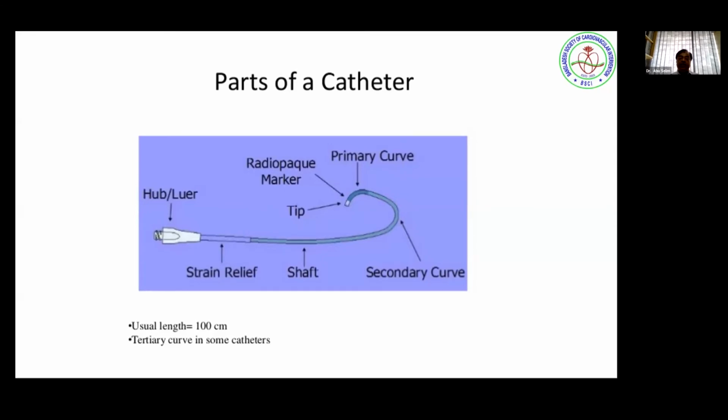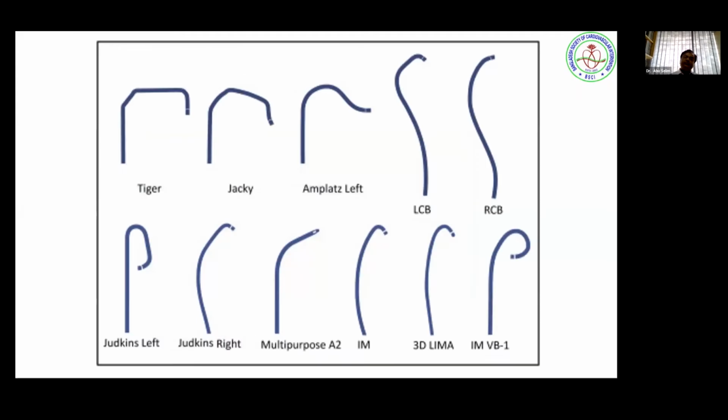Now we are thinking just about the curve, the distance between the primary curve and the secondary curve. We discuss this for the size of the catheter. We say 3.5, 4, 5 curve, and French size. We determine this size according to the length of the primary and secondary curve distance. This is the determinant for the 3.5 curve, 4 curve during the angiogram. For that, I showed this slide.